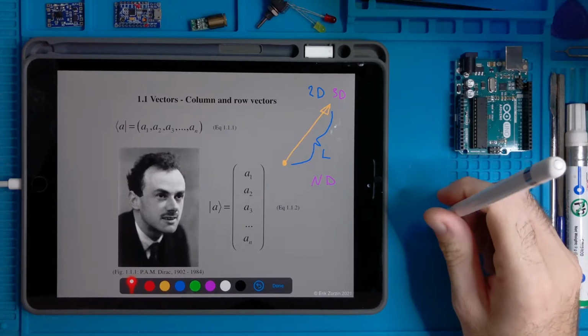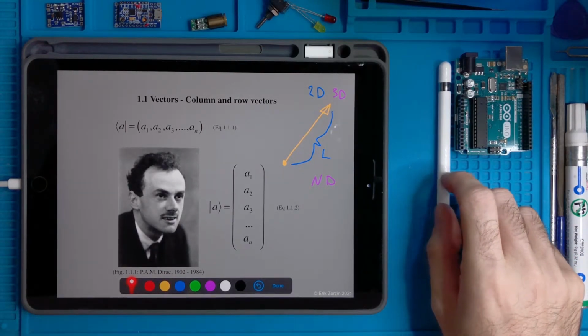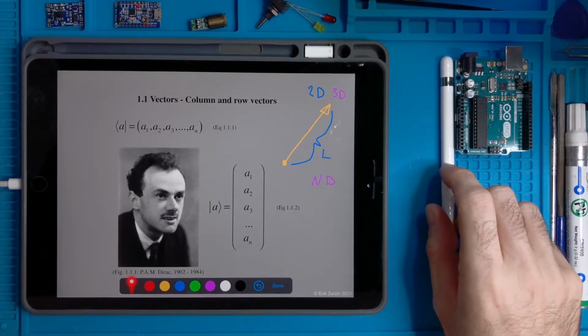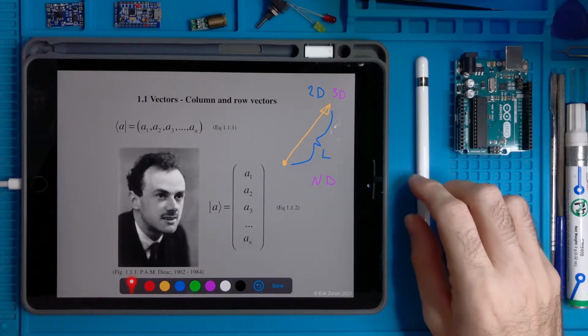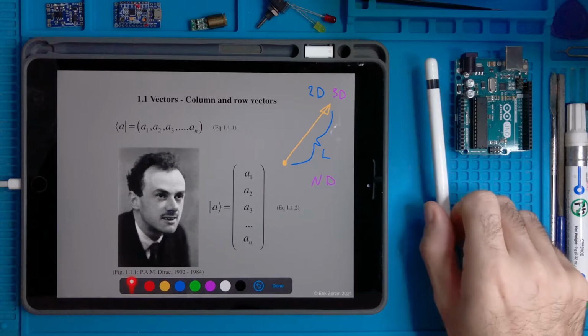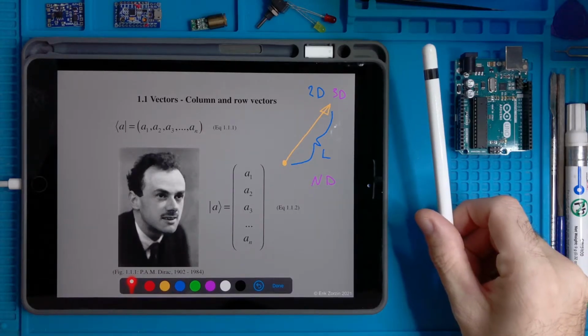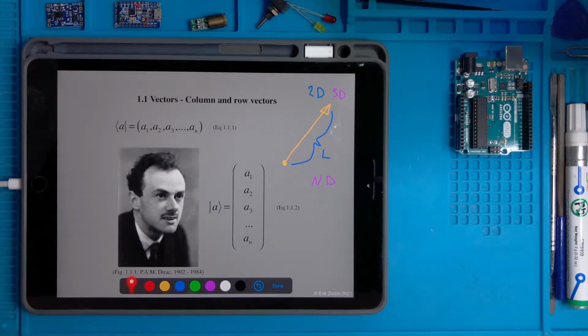So we will not make use of this notation as physicists do, but let's say we will abuse it a little bit in order to take advantage of what we need to do. So in this notation, he developed an idea which is very clever in order to have a sort of shorthand, so to be able to write long vectors, which for us means vectors in many dimensions, in a short way.